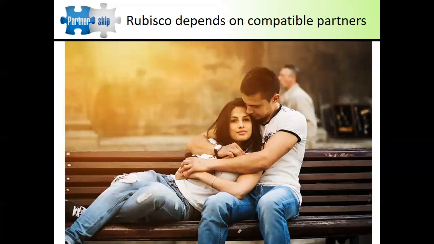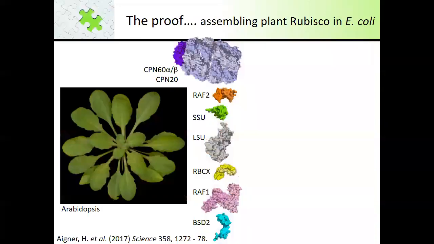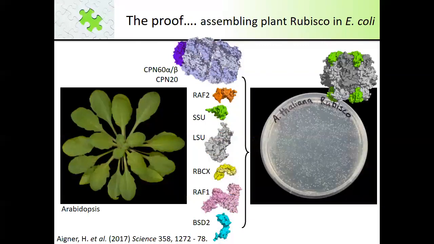But anyway, this goes to show that Rubisco is highly dependent on having compatibility with its molecular folding partners for function. And the proof of the pudding for this was just published last year in the same paper citing the BSD2 structure, where they took the genes coding each of the folding partners, as well as the large and the small subunit from Arabidopsis. Again, as I said earlier, you can't fold Arabidopsis Rubisco in E. coli, but you can when you have all these other partners. So this is a pretty amazing discovery, and it got many of us very excited,